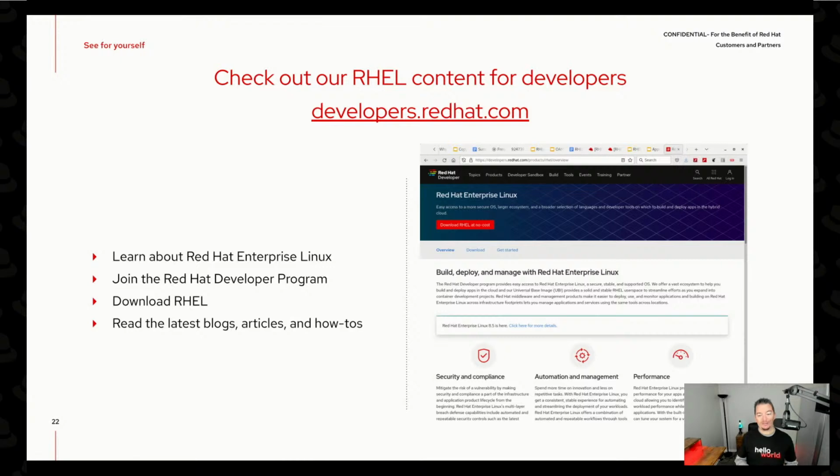So if you go out to developers.redhat.com, they have an entire blog. And over the next few weeks, in fact, I think there's a couple of them live already, there are in-depth blog articles describing what each of these new versions do, some of the advantages, anything that's been deprecated. Also, developers.redhat is also the home of the Red Hat developer subscription for individuals. That's our